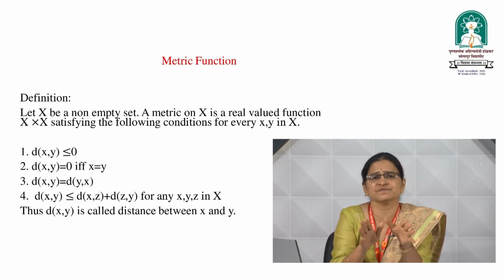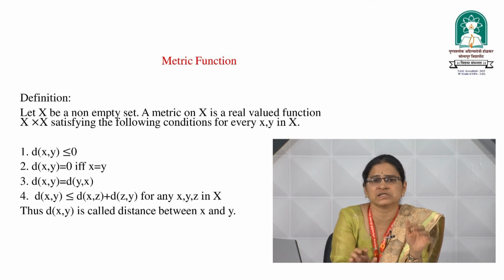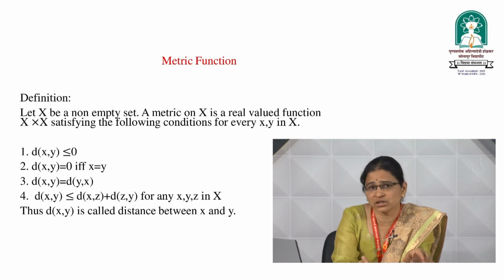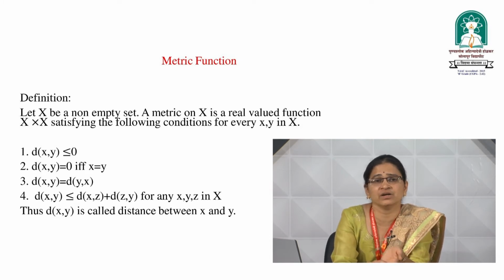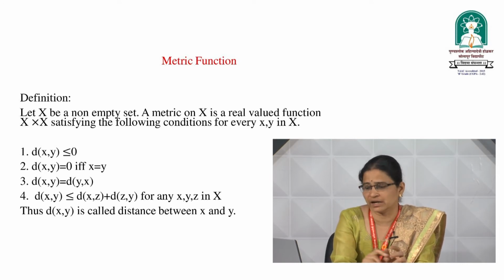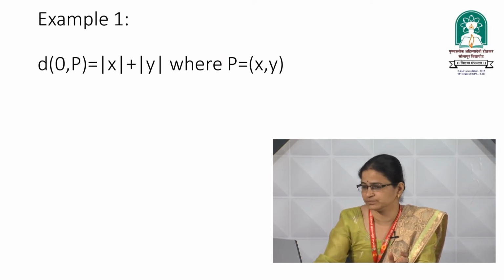Basically, this function helps us find the distance between 2 points in an n-dimensional space. It is not only the shortest distance obtained by joining the 2 points with a straight line, because as we have discussed, it is practically not always possible to find the shortest distance by joining the 2 points with a straight line. Let me show you one example.